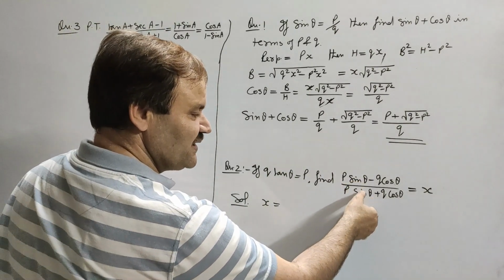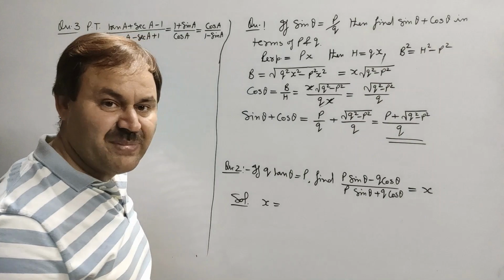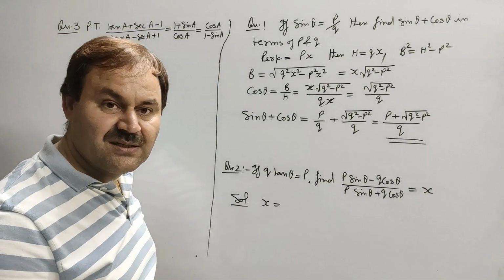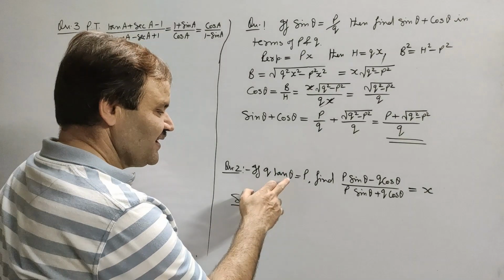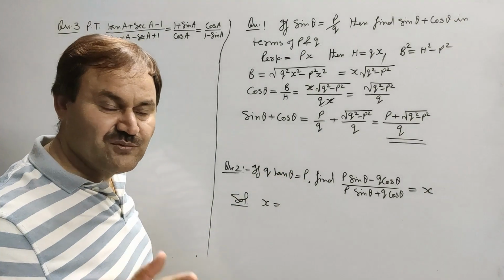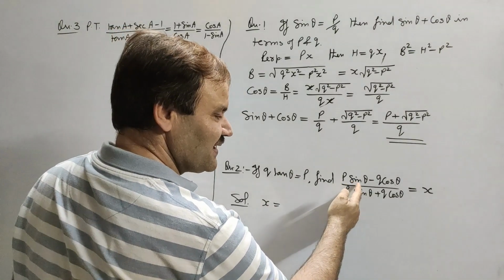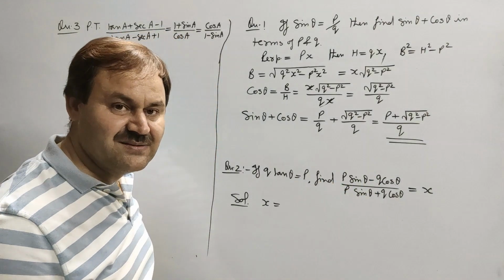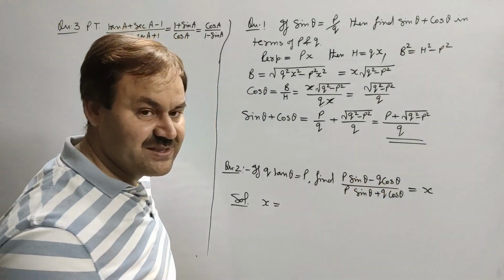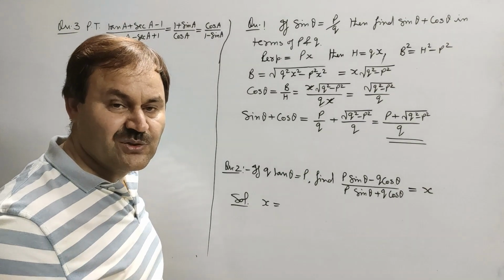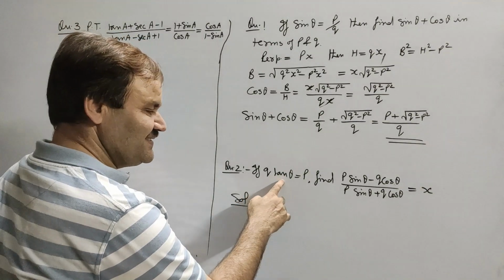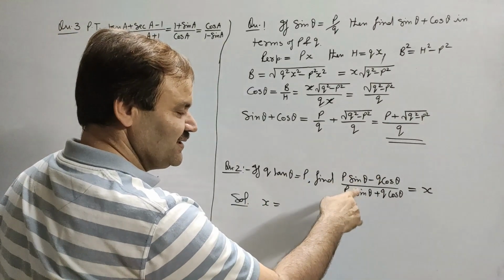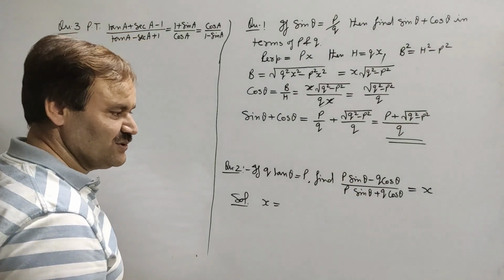So we will divide numerator and denominator both of this expression by cos theta to make tan theta in numerator as well as in denominator. If it were given in the form of cot theta, then we would have divided numerator and denominator both by sin theta, because cos theta upon sin theta would have given us cot theta. So since here tan theta is given, we will make tan theta in numerator and denominator both by dividing numerator and denominator by cos theta.